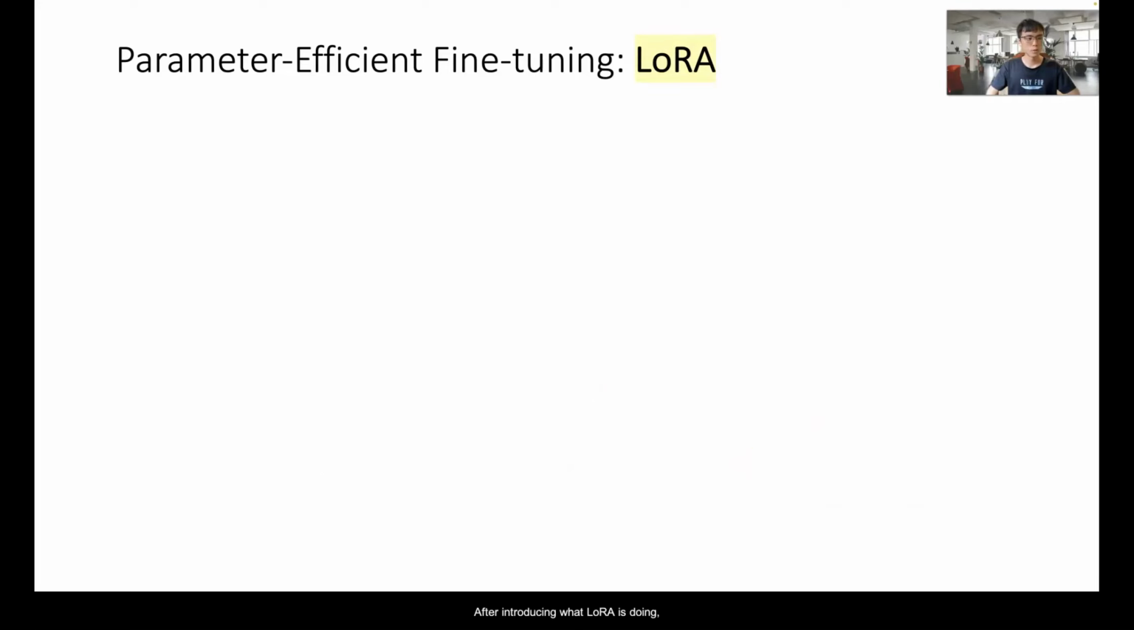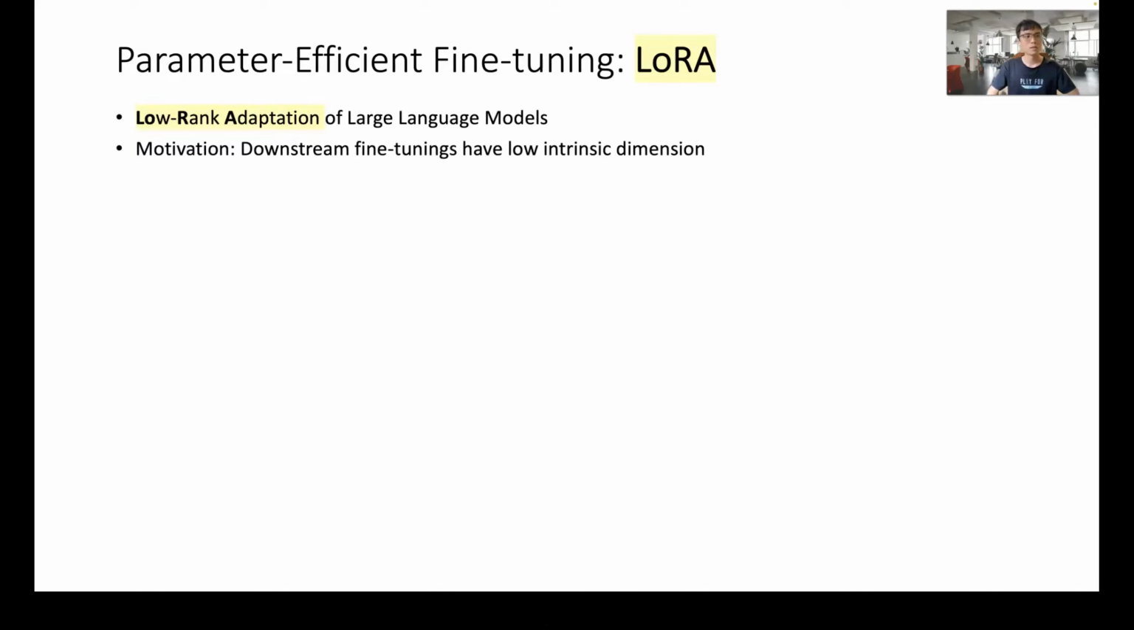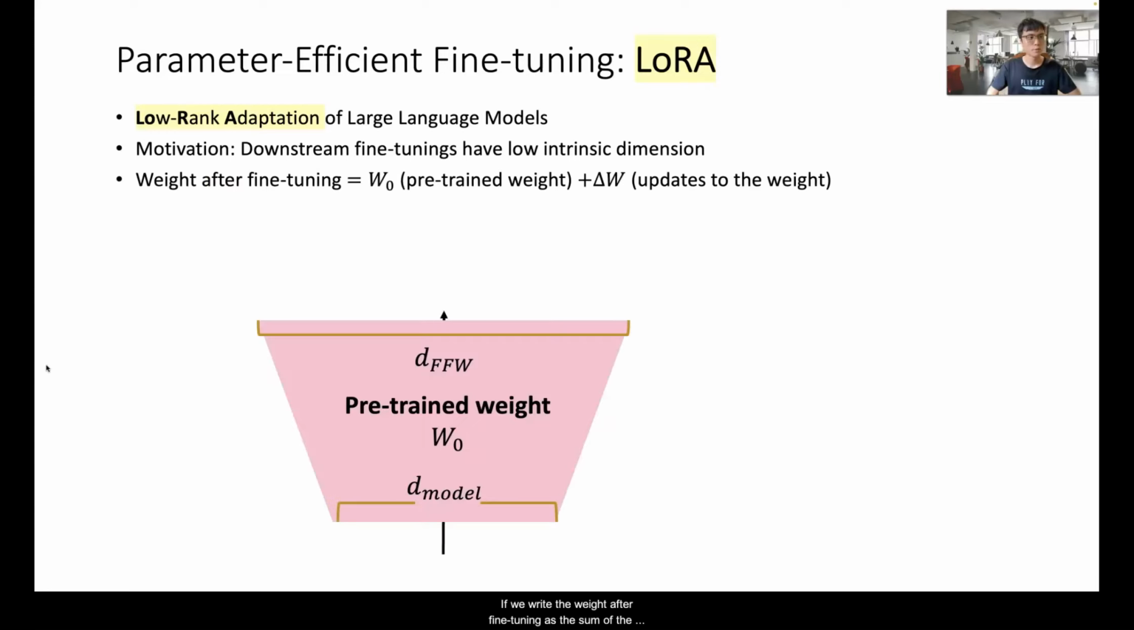After introducing what LoRa is doing, we take a look at its name, which is the abbreviation of low-rank adaptation. LoRa is motivated by the observation that pre-training will decrease the intrinsic dimension of the downstream tasks. Professor Lee talked about this in the second part of the tutorial. If we write the weight after fine-tuning as the sum of the pre-trained weight W0 and the updates to the weight, delta W,